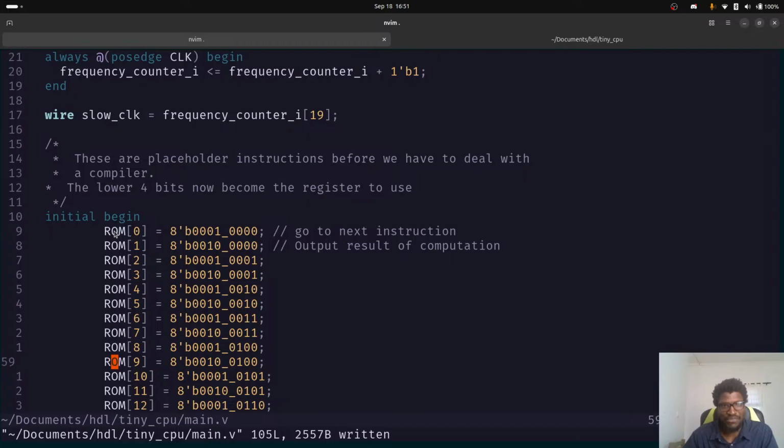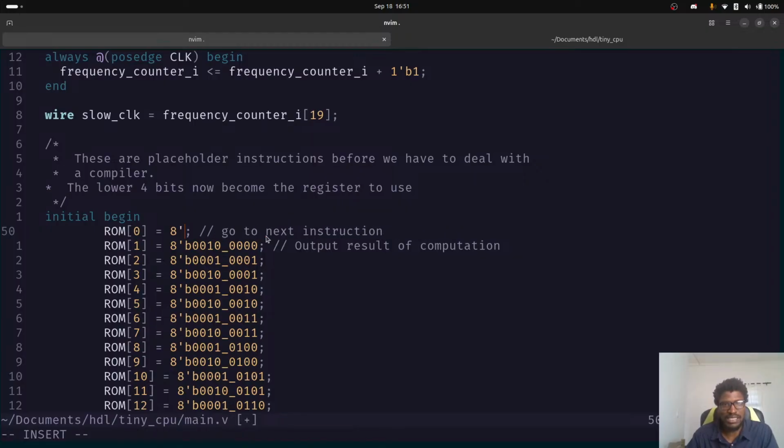We can keep a few of them. We can keep the beginnings, and we can operate on them as constants. Let's change a few of them, so let's make some results that are actually going to give us